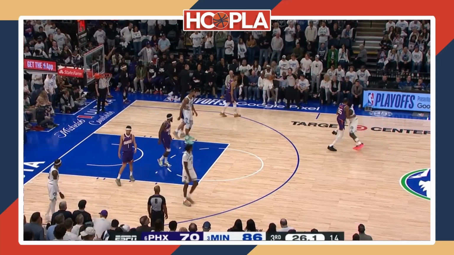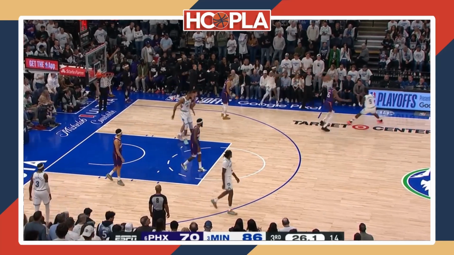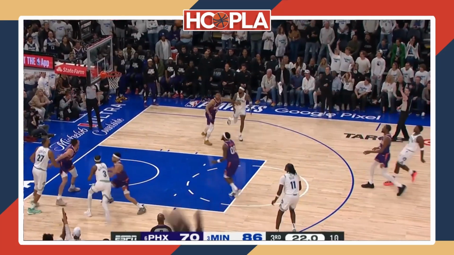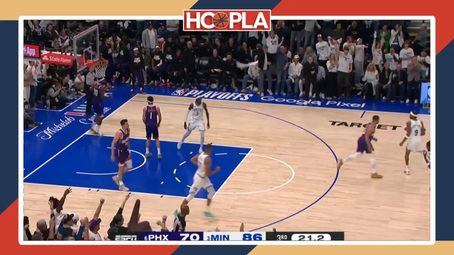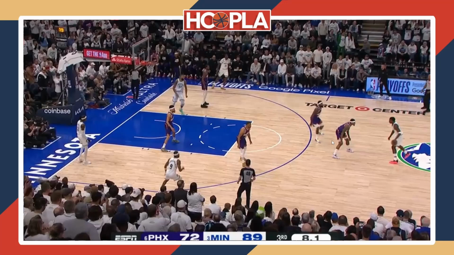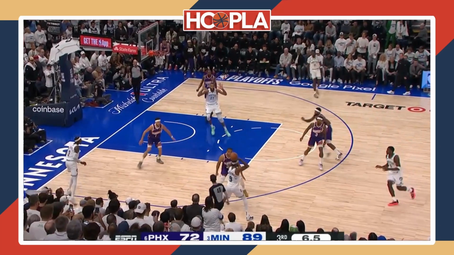So after getting what he wanted this entire quarter, he is finally fully feeling himself, and at this point, he gets another ISO on Kevin Durant and cooks him, and is giving Kevin Durant, his idol, everything that he could ask for. So after hitting that shot to end the quarter right here, there's no way the Suns were going to let him get an opportunity to have another ISO opportunity. So they send Royce O'Neal on a blitz on a double team near the logo, and Ant recognizes this and realizes that he's not going to be able to do anything from right there. So he moves the ball and quickly goes and gets it back.